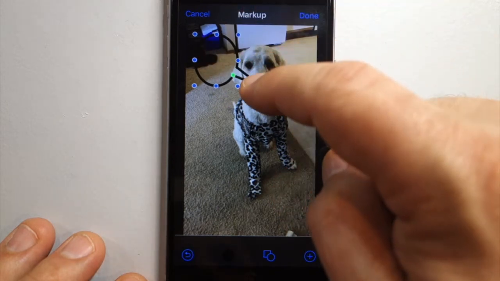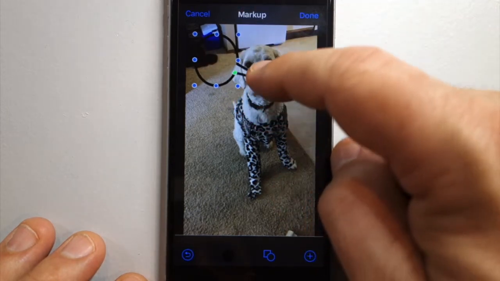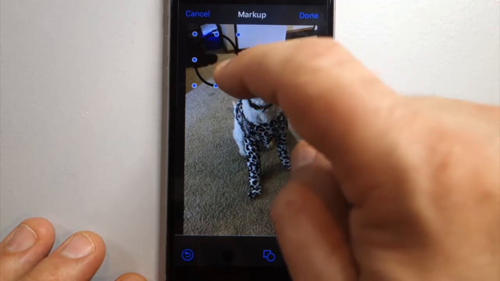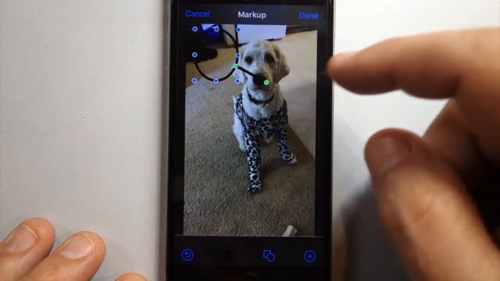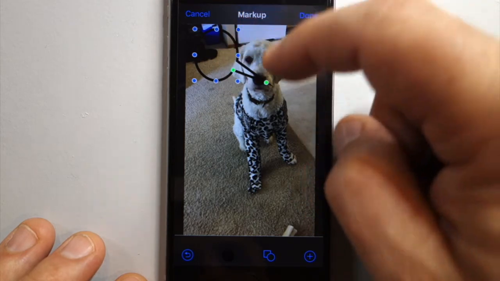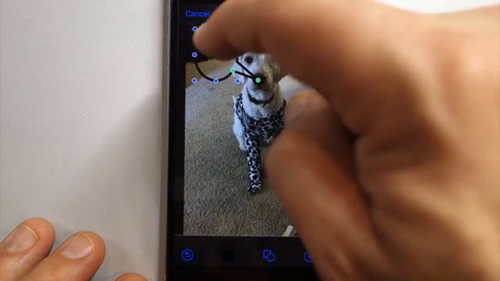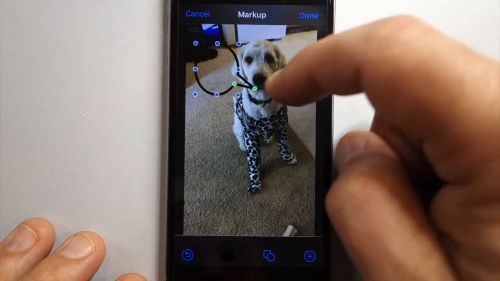Here we go. So you can rotate it here. You can make it wider or smaller here with the dialogue triangle. And once you got it in the spot,